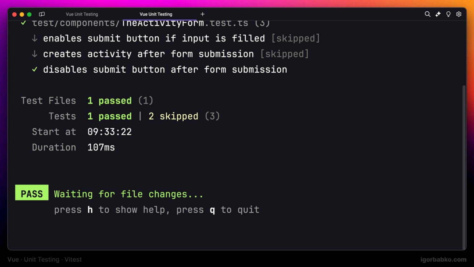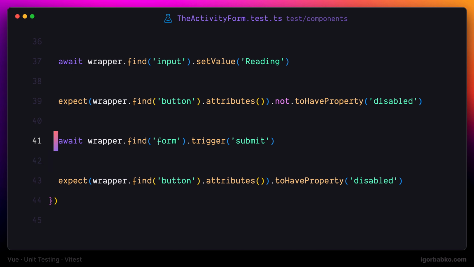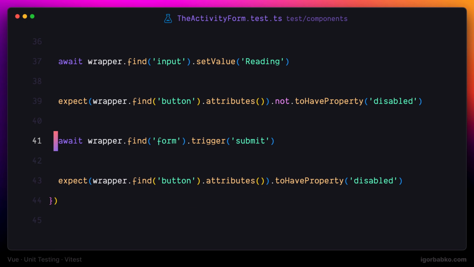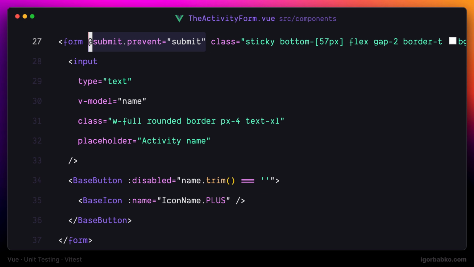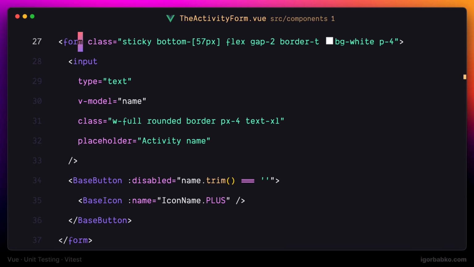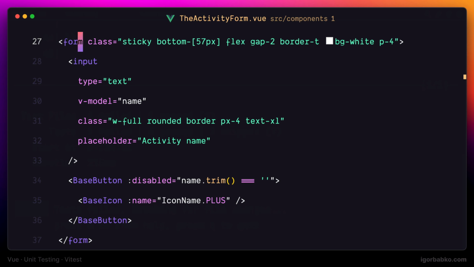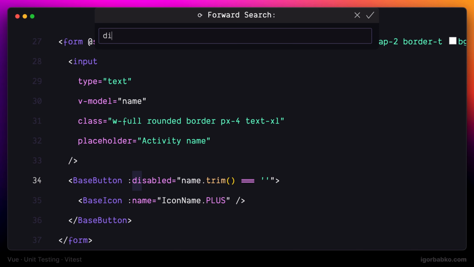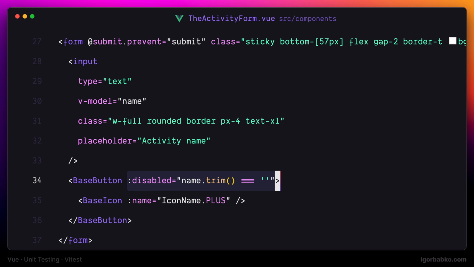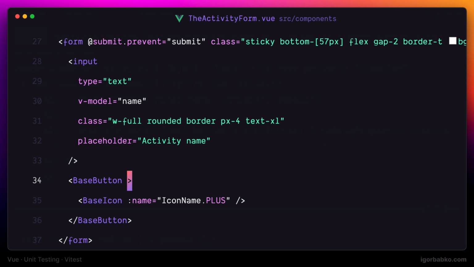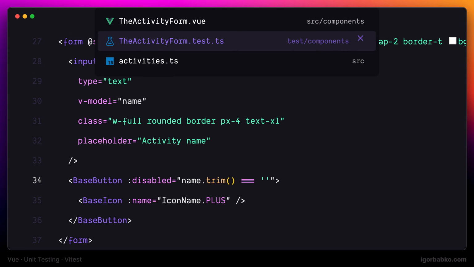But the moment I comment out this statement to submit the form, we're expecting to see our test failing. Or, for example, if we change the implementation of the activity form component by removing this submit event handler, this time we're also going to get our test failing. Or if we remove this disabled attribute from the base button component, it will also cause the test to fail. At the end, let's revert all the changes that we have made inside the activity form component,